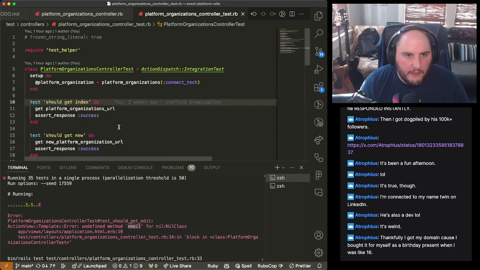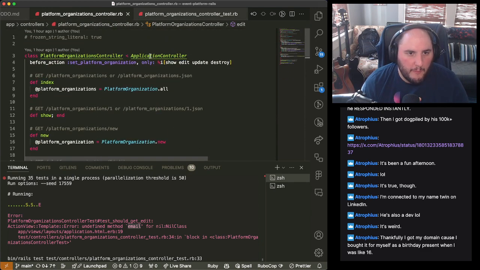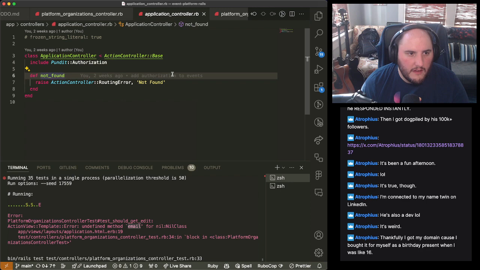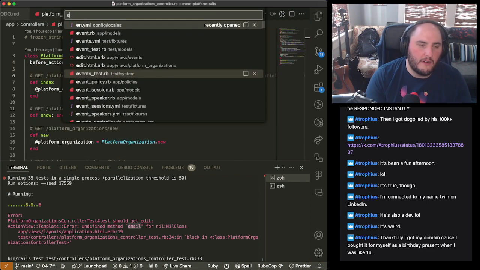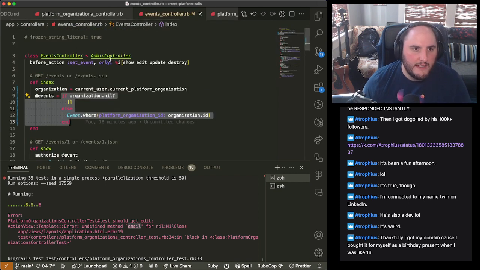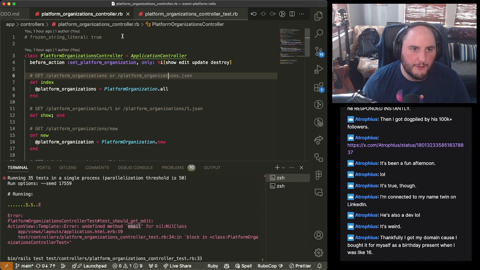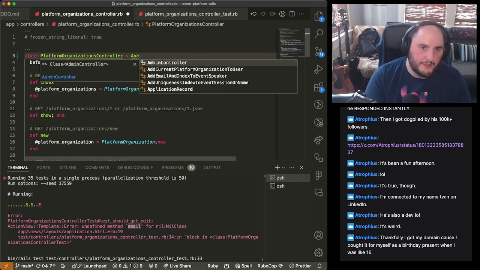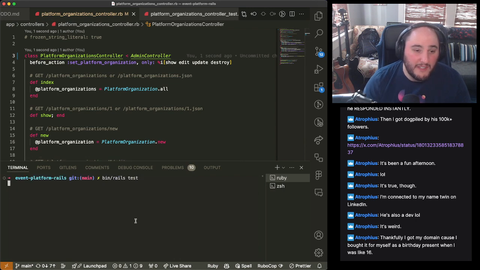This is definitely going to require login. So we probably just have a failure at this level. And the answer is, if we go look at our events controller, it's probably because it inherits from admin controller, and admin controller would probably make this test fail quite miserably in a very different way.